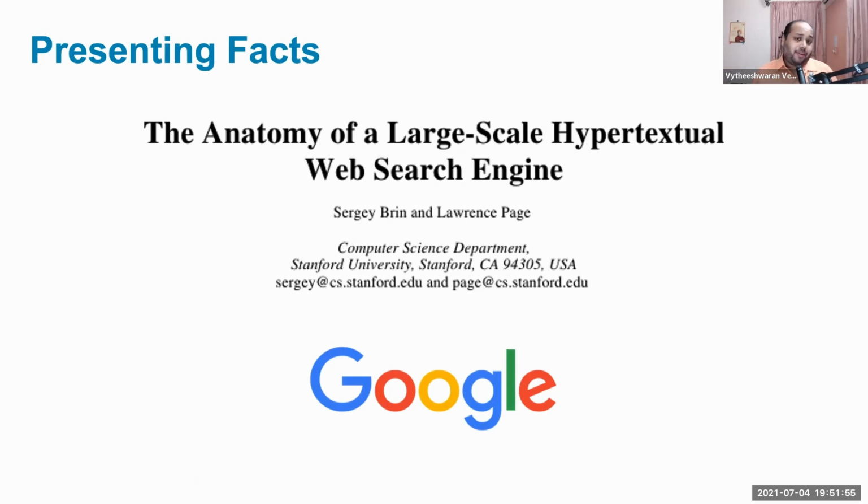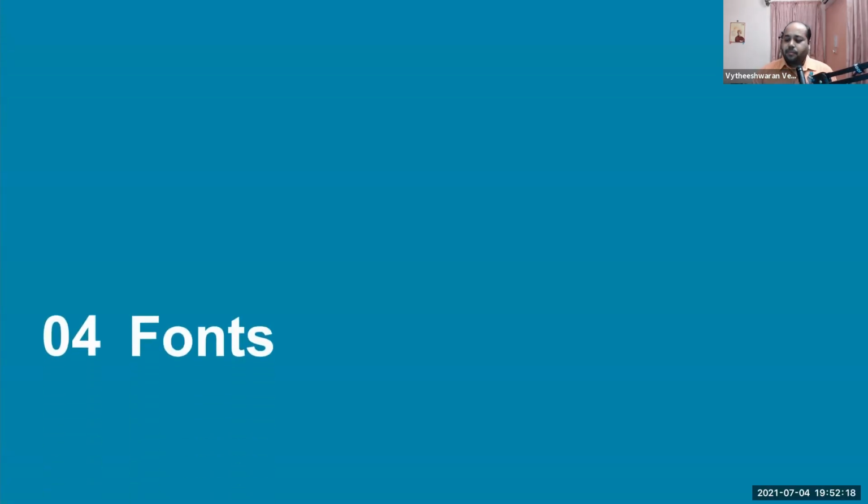It also gives them a point of reference as to what is the title of the paper, and if they are interested in going and reading through that research paper, they are most welcome to do so. They have all the essential information on the screen, and this is all you're going to be talking about. This is all the talking points you need. You're not going to go through all of that abstract and introduction and all of that content. So this is one way of presenting facts to your audience.